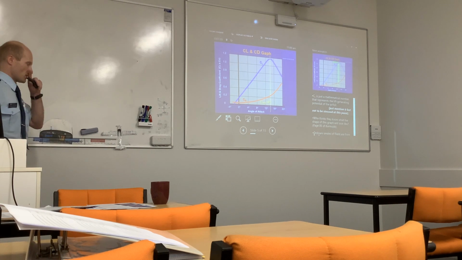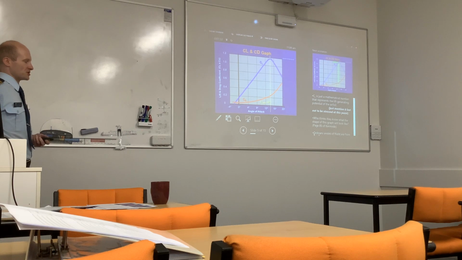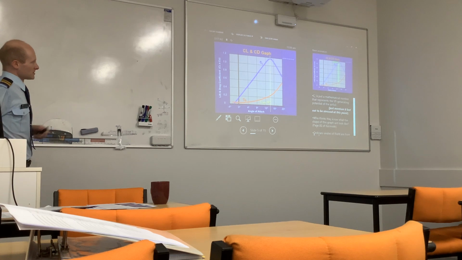So let's talk about the wing drop stall. We'll imagine that we're out in the southern training area and the aeroplane has stalled, but one wing has stalled before the other. So let's take a look at what's actually happening to the lift and drag. So a couple of lines are going to come up here. Let's say